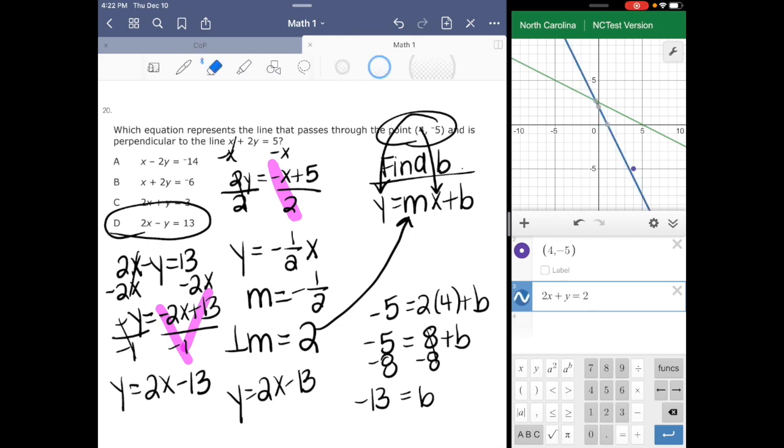2x plus y equals 2. Or excuse me, I think that actually equals 3. So it goes through the point, but it's not perpendicular. And then we have our final option. So we have 2x minus y equals 13. We can